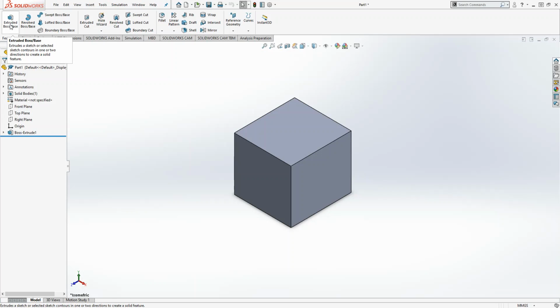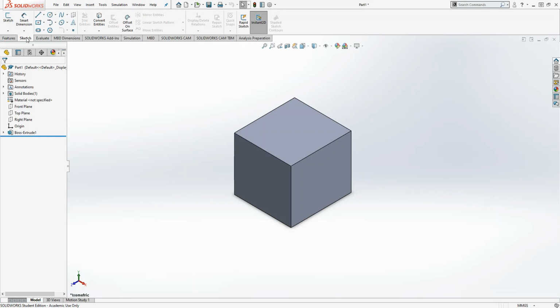The first menu that should be already available to you is the Features menu. So typically, whenever you're working with SolidWorks, you can have 3D operations, which are actions you can take to 3D model whatever your object is. In this case, you can see we can have extrusions, revolving, things like sweeps, boundary boss faces, and there's a whole lot of things, fillets,